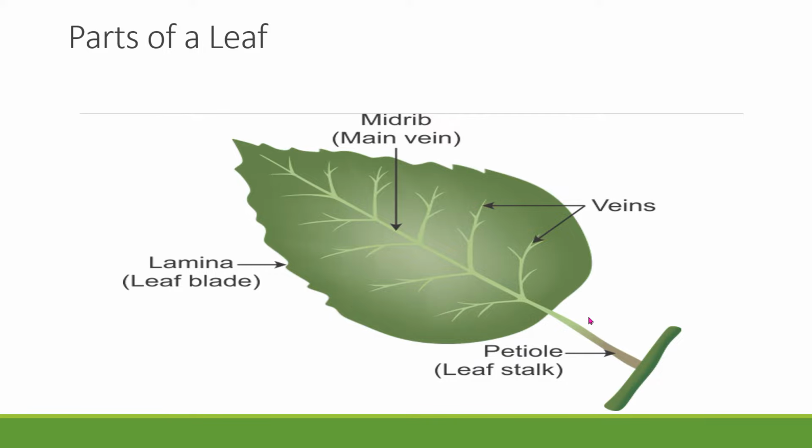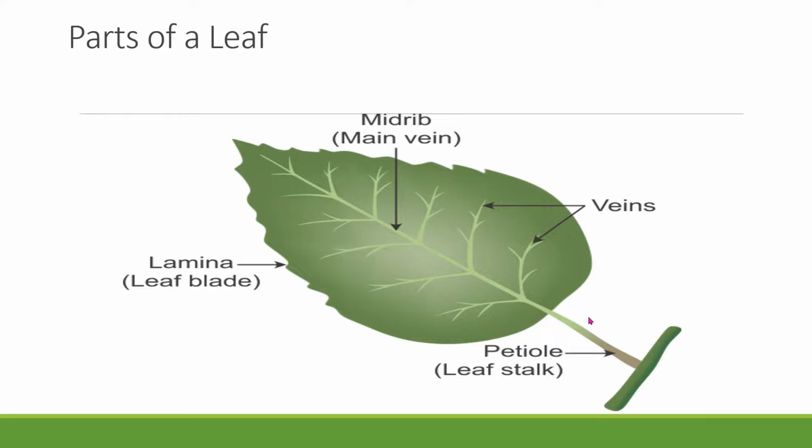The leaf is a thin, broad, flat, and green part of a plant which is attached to the stem. The main parts of the leaf are: leaf plate. The broad flat surface of the leaf is called leaf plate or leaf lamina. Leaves of some plants like banana have broad leaf plates, while leaves of plants like mango have narrow blades.